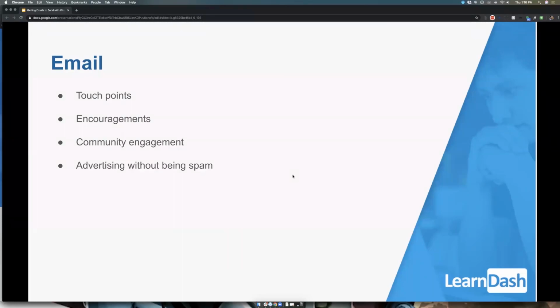But also, there's one little benefit here. When you're sending emails that have to do with completing courses or purchases or check-in points that are scheduled and asked for that are part of what you're doing, you could also include little reminders or upsells or possible swag options if you're selling t-shirts or anything that goes along with that, or course upsells. And that's allowed. It's not considered spam when it's attached to a receipt or part of an order or completion of a quiz. So you could use emails to even spread some of that extra